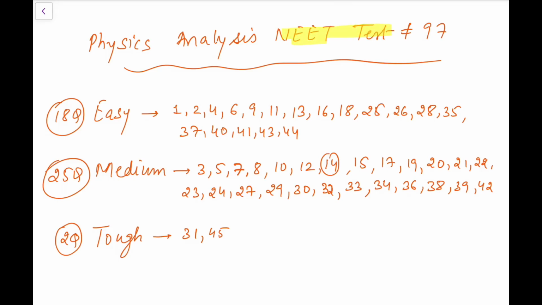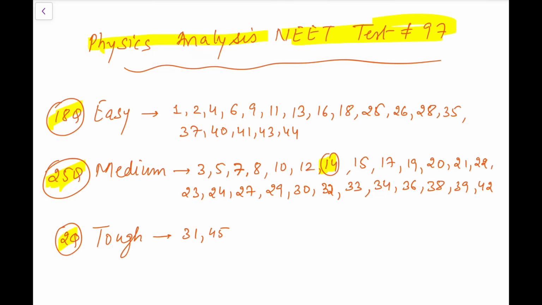I've just solved this NEET test 97 right now, and here I am with the analysis. I have regarded 2 as tough. You might not find them tough also. 18 were easy and 25 were medium. This question number 14 answer given in the app is wrong. All in all, it's not that tough a paper. It's a smooth paper. I've written many as medium that you might still feel as easy.